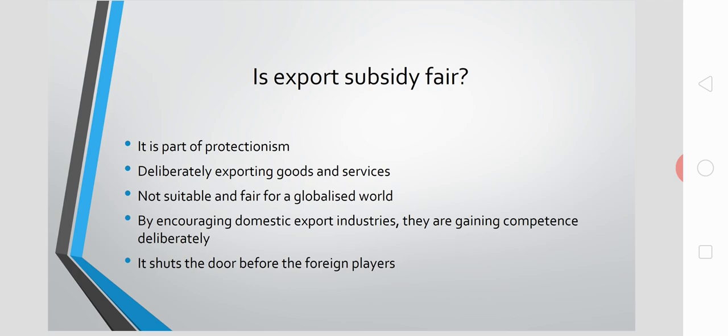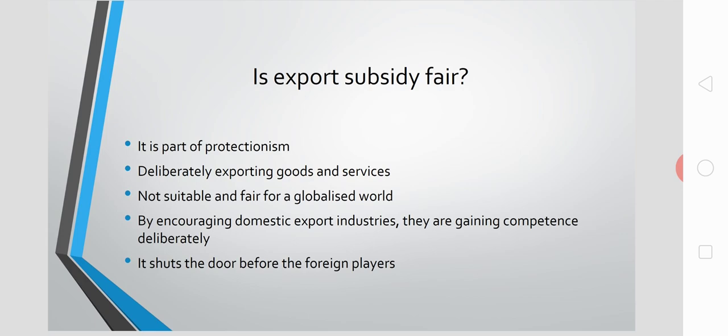By encouraging the domestic export industries, the domestic firms are gaining competitiveness internationally, but deliberately. So through export subsidy, domestic firms will gain competence deliberately. So this is not fair. I am repeating again, this is not fair for a globalized world. This will shut the door before the foreign players in the domestic market. But